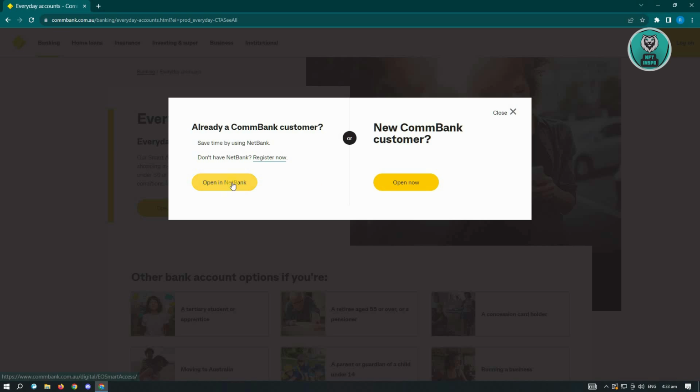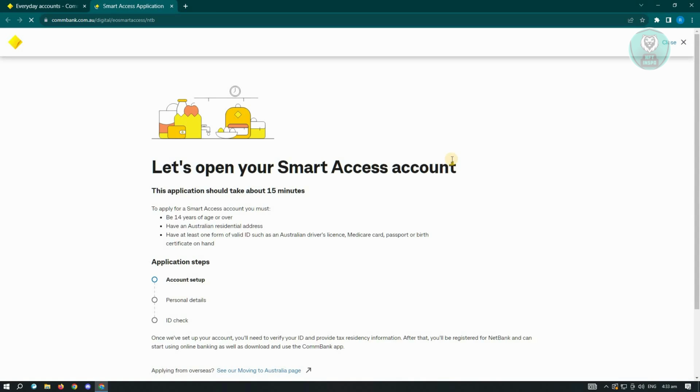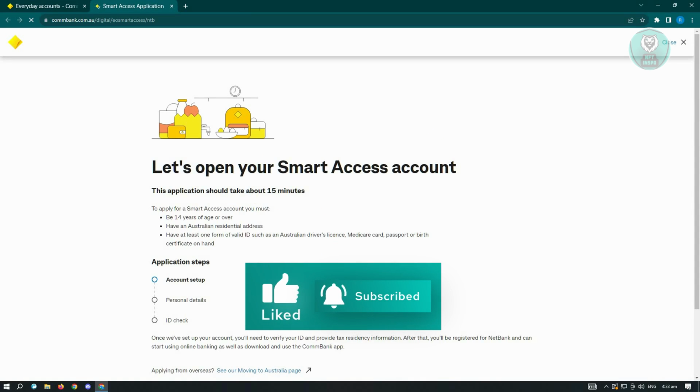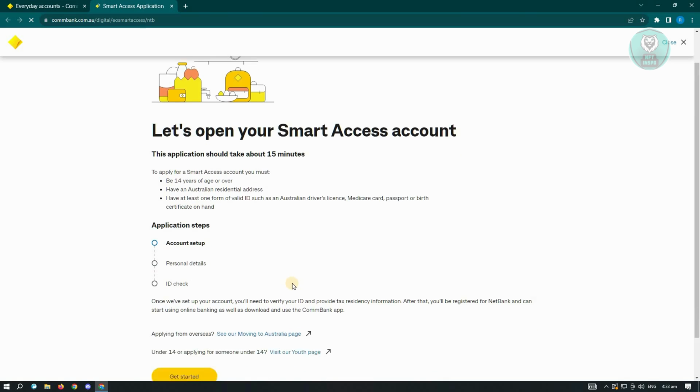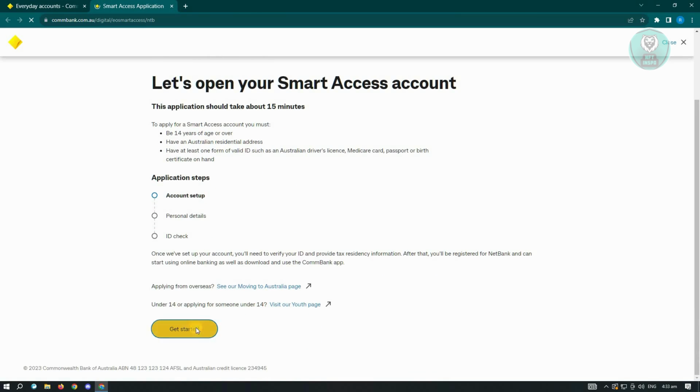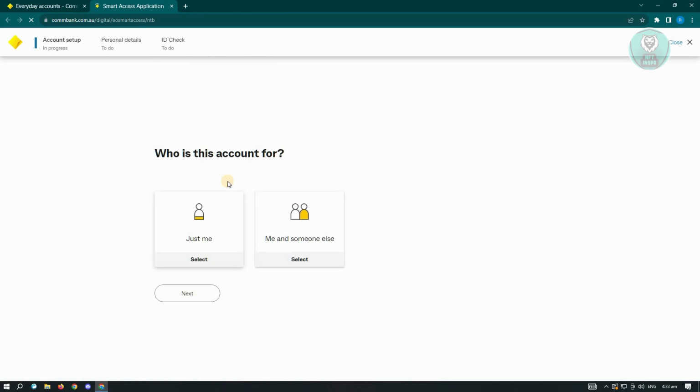So if you choose the section for already a Combank customer, you'll be redirected to a login page. But if you choose the open now section here for new customer, it's going to redirect you to a page wherein you need to provide a few details about yourself. So this application process may take about 15 minutes, so make sure that you have enough time to complete the whole process. Now from here, just click on get started, and it's going to ask you who is this account